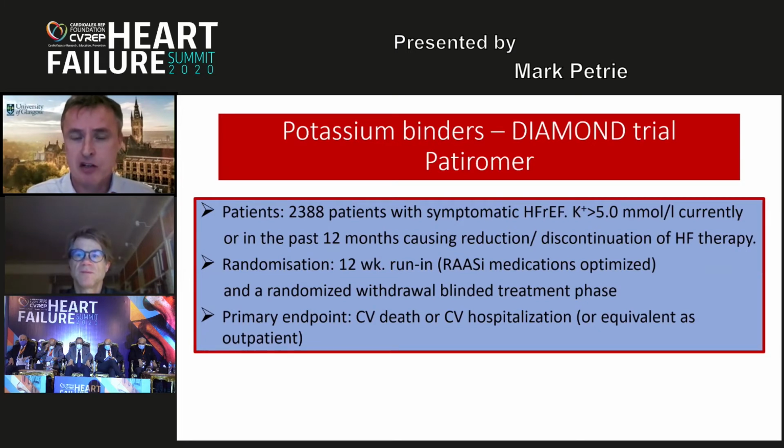So potassium binders, again, emerging therapies. This is the largest trial which is ongoing, looking at potassium binders in heart failure with reduced ejection fraction. This is a trial called Diamond with patiromer, and it enrolls 2,400 patients who have had hyperkalemia over the last 12 months and randomizes them to patiromer or medical therapy, and again, looking to reduce cardiovascular death or